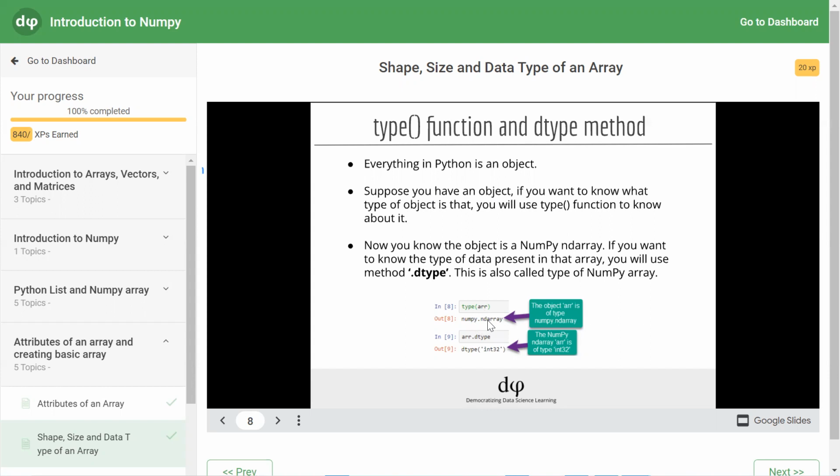But if you want to check the data type present in the NumPy array, then you have to use the attribute arr.dtype. Then it will show the data type of the elements of the array. So type of array will give NumPy array, and array.dtype will give the data type of the elements present inside the NumPy array.